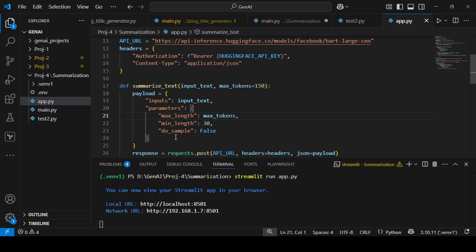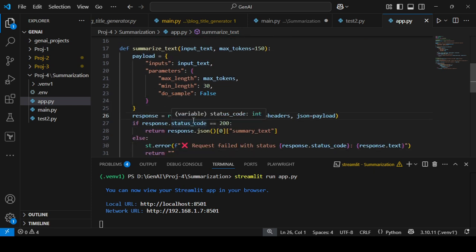And do_sample is equal to false means it will not generate any new text or any new sentences because we are just summarizing it, so we don't need any new sentence that is not meaningful. So that is why do_sample is equal to false, so it will not make it more random or creative.